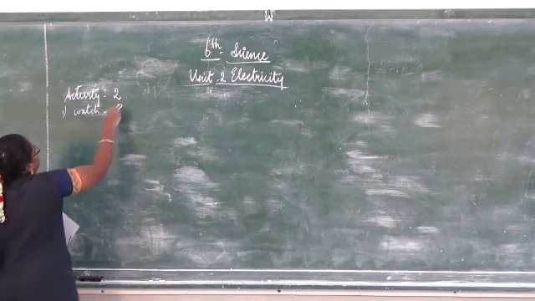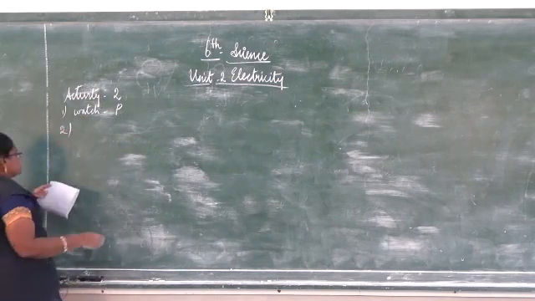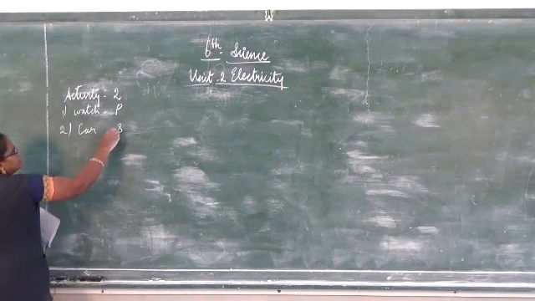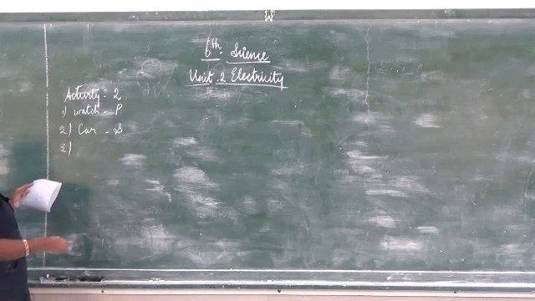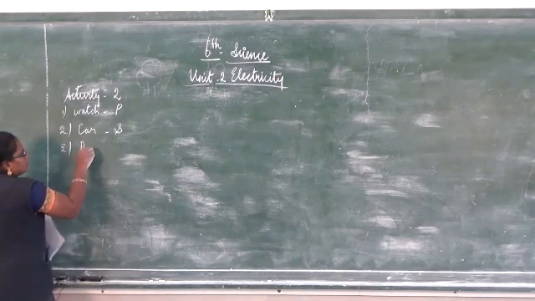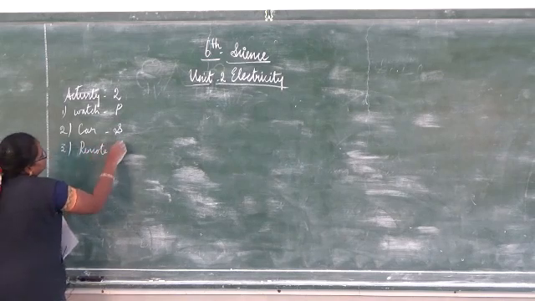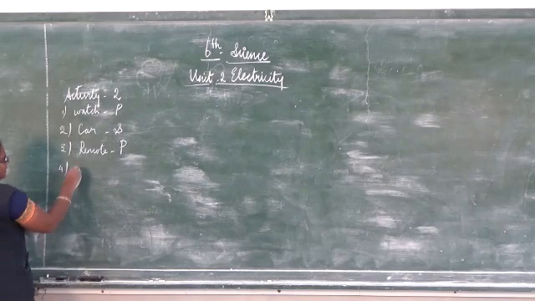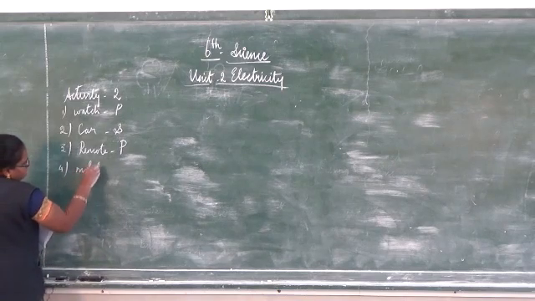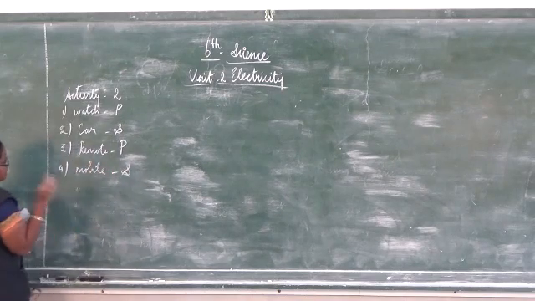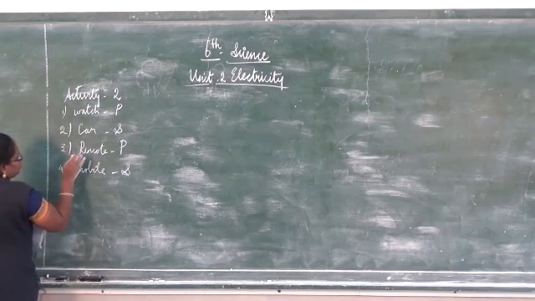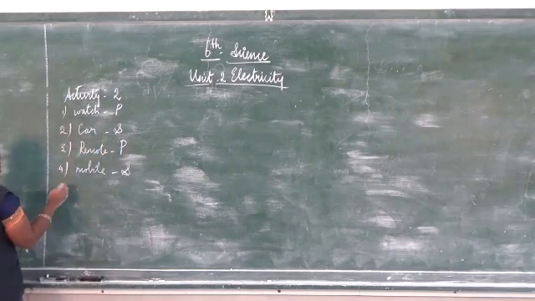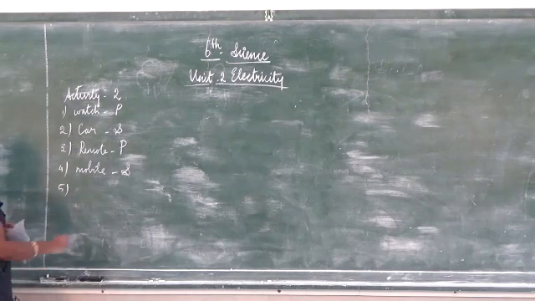See, already you know it's a primary cell. Next, in a car, we know it is a secondary cell, isn't it? Next, the third one, it is a remote. It is a primary cell. Then what? Fourth one, it is a mobile. It is a secondary cell. It can be recharged. Understand? Remote, we will throw off the cell. Car, we will recharge. Watch, we will throw off the cell. Isn't it?